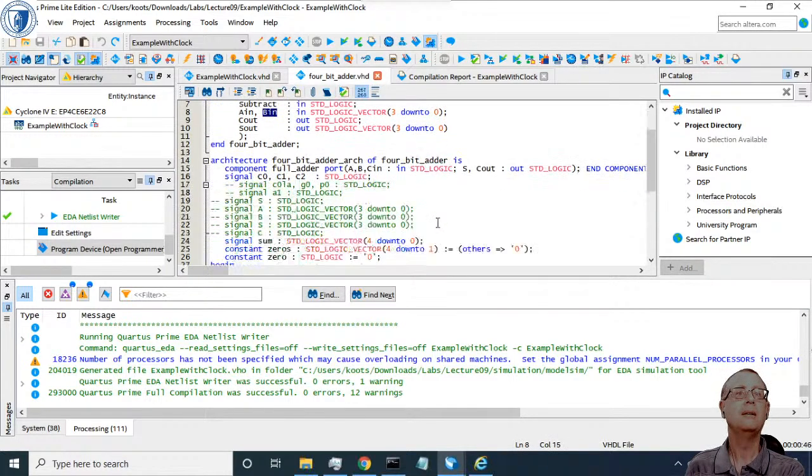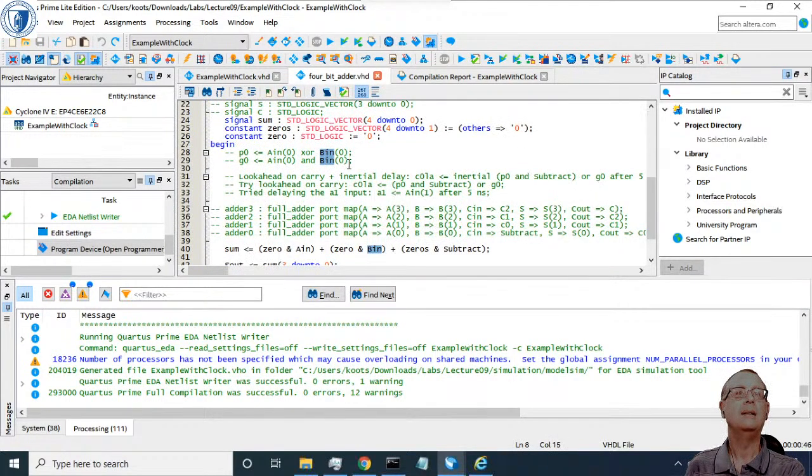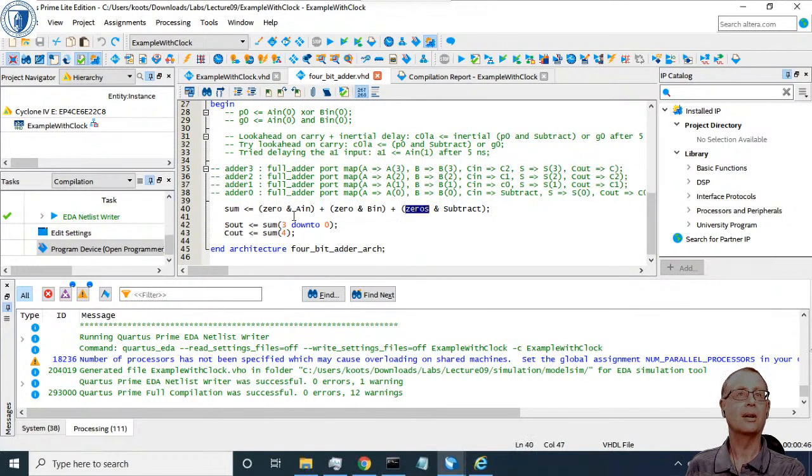Same with B in. And then I've defined a constant which is just a single 0, and I've defined a constant which is 4 zeros, 4 down to 1 instead of 4 down to 0,